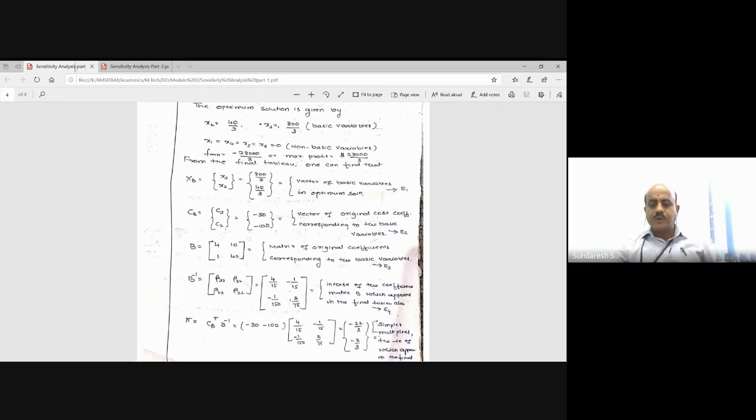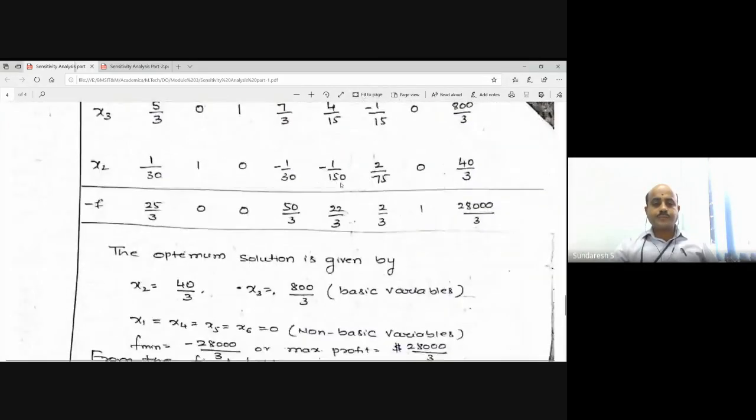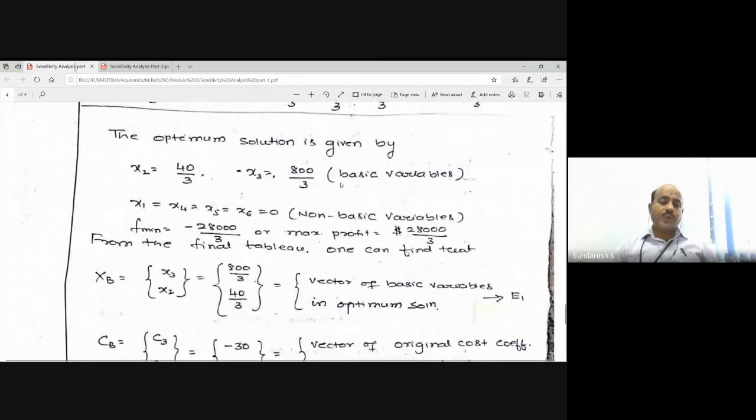In the last class, we were discussing a problem on sensitivity analysis. Today, let us continue with the same thing. In the last class, we arrived at the optimal solutions for the two basic variables, x2 and x3. These are the two values we obtained, where x2 is 40 by 3 and x3 is 800 by 3, right? And the optimum cost, or the maximum profit, we have got as 28,000